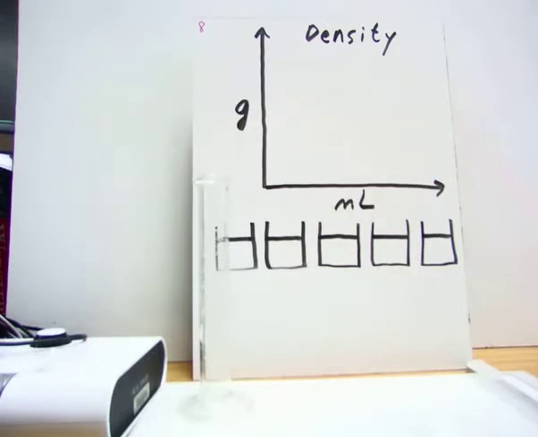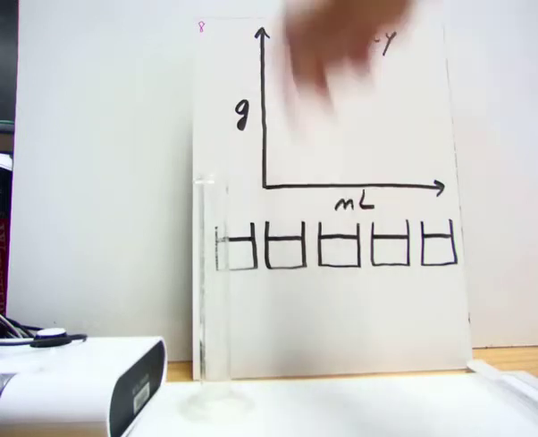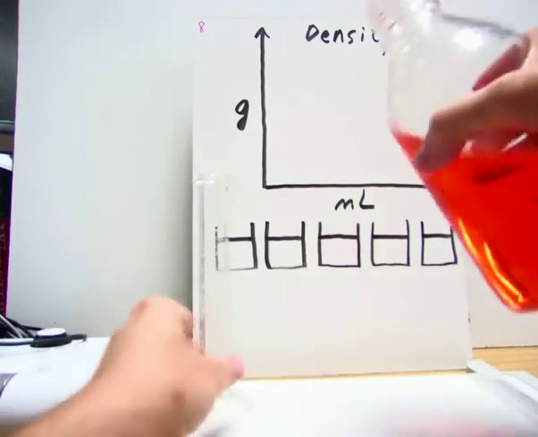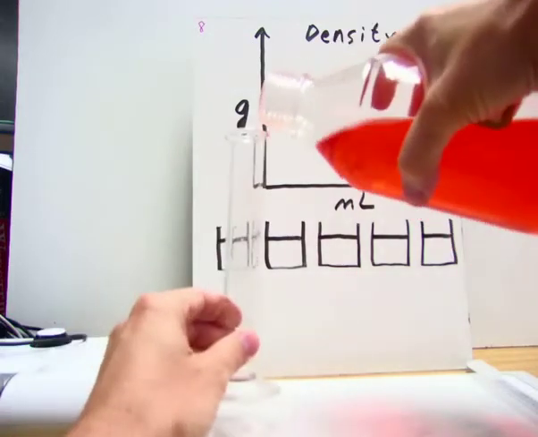Alright, we've done a couple of labs on density and we've done a few worksheets on density, how to solve density problems, but I just want to do a little demonstration to maybe help us understand what density means. We've got a graph here of mass versus volume, grams per milliliter, and we're going to do it with a few different